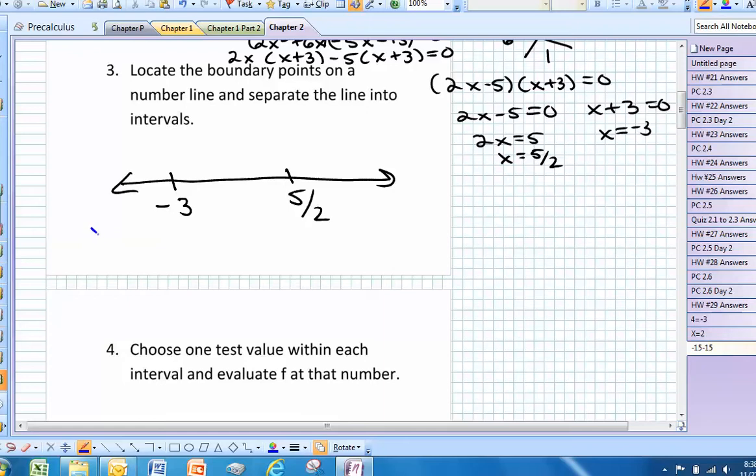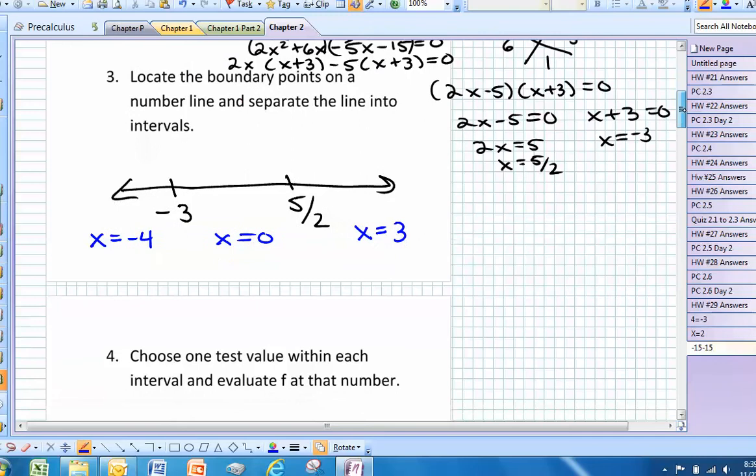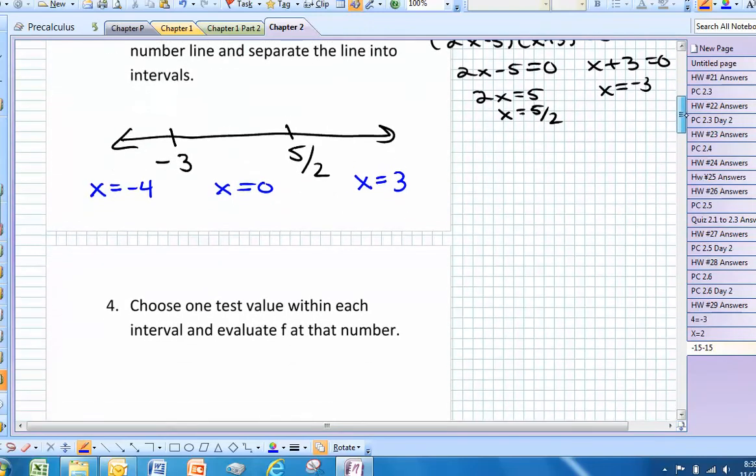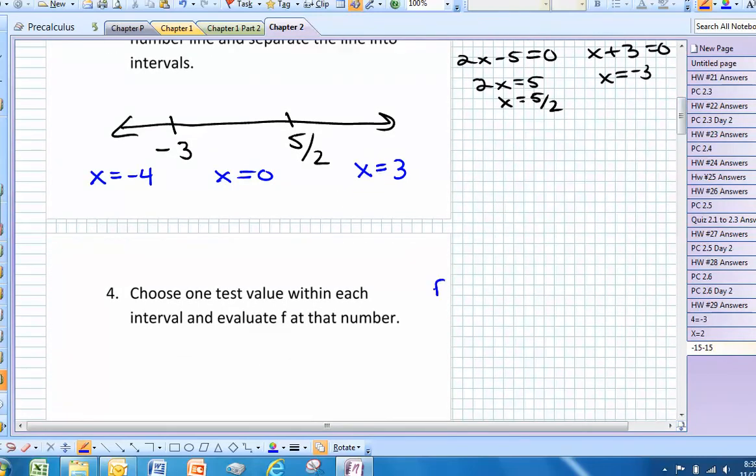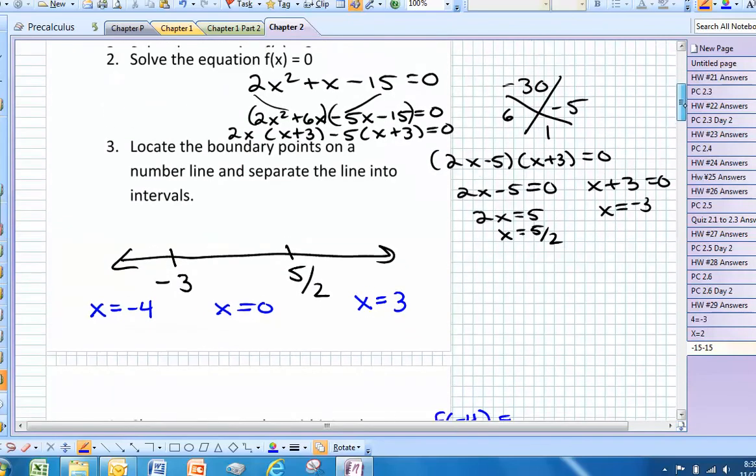So for example, here I choose negative 4. Between negative 3 and 5 halves, I choose 0. After 5 halves, I choose 3, because 3 is bigger than 5 halves. So those 3 numbers I'm going to put into the function to see whether it's positive or negative. So for example, when I put negative 4 into the function,